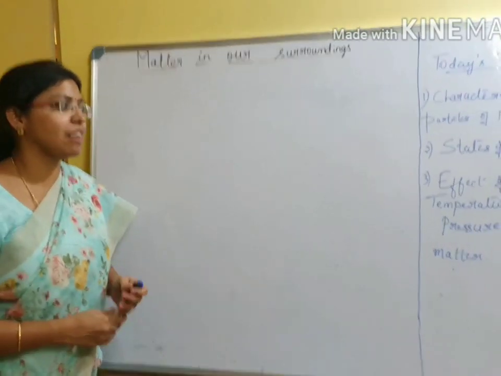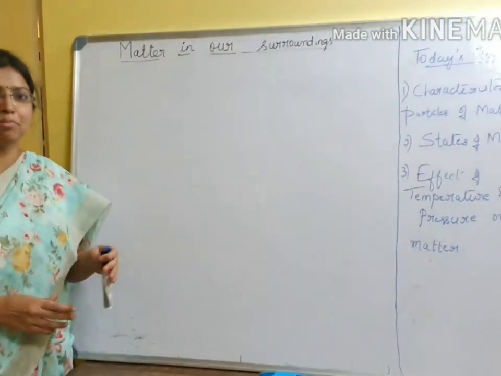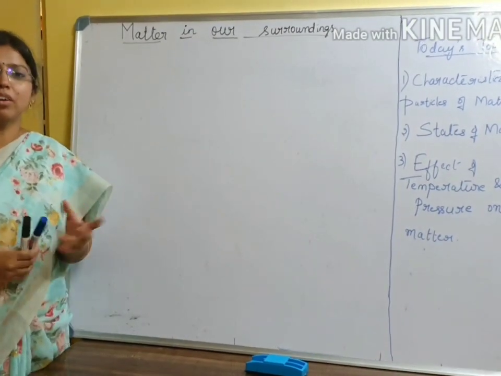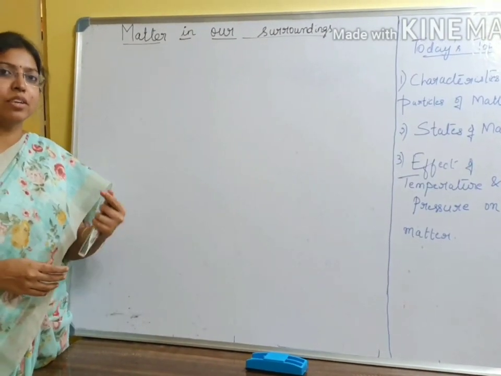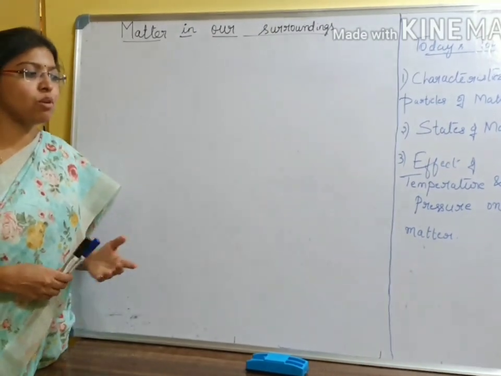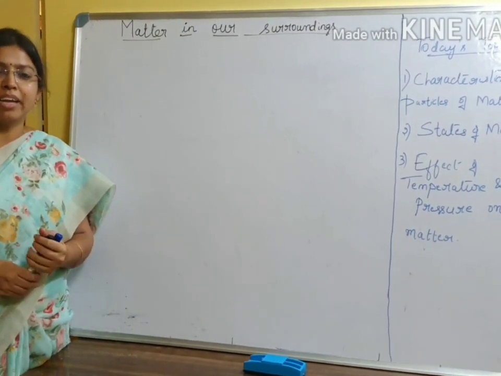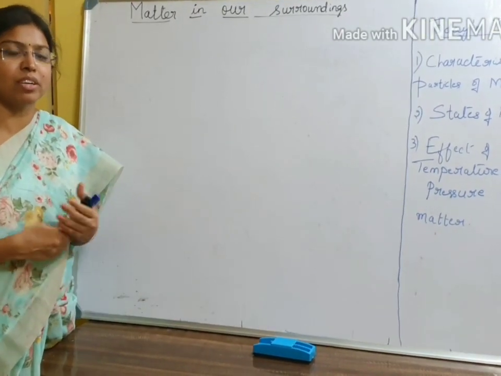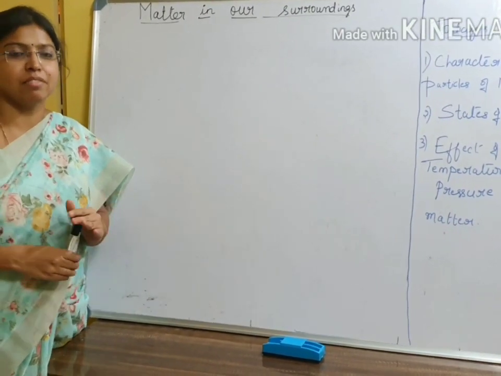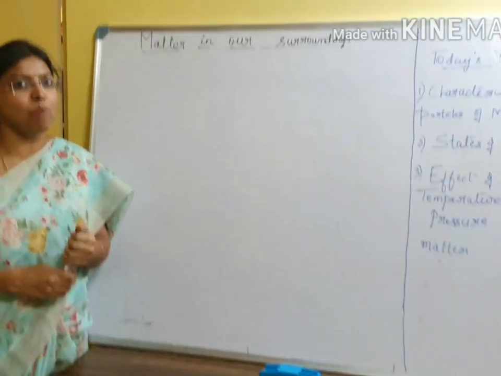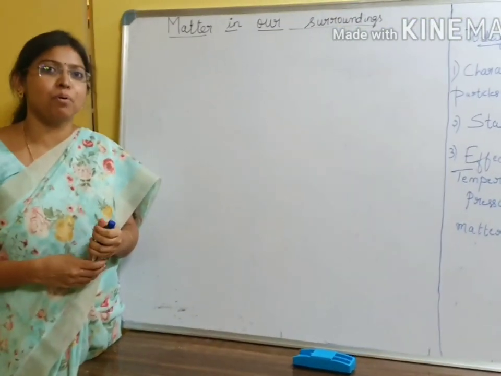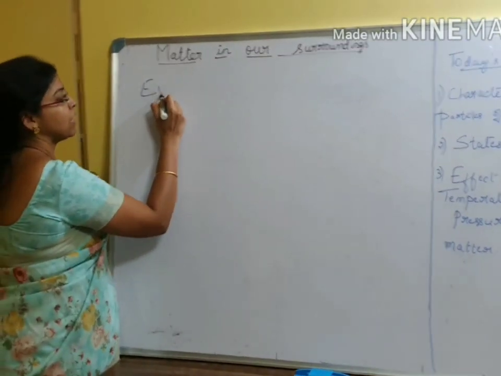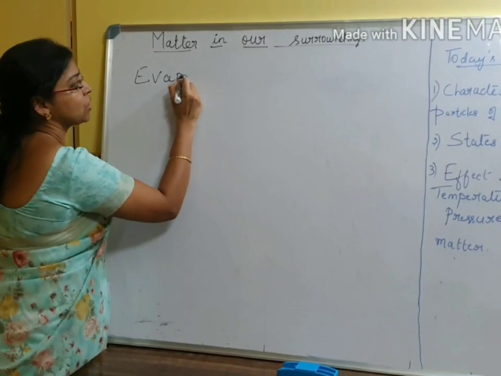So far we have seen the effect of temperature and pressure on different states of matter, how they convert from one state to another. So what happens when the water is boiling? It changes from liquid state to vapor. But what happens to water if it is poured on a table and left for many hours? After many hours you come and check whether the water is there on the table. If you touch the surface of the table, it will be cool but there is no water. So what has happened to the water which was poured there? It is evaporated. So what is the process of evaporation? What happens during evaporation?